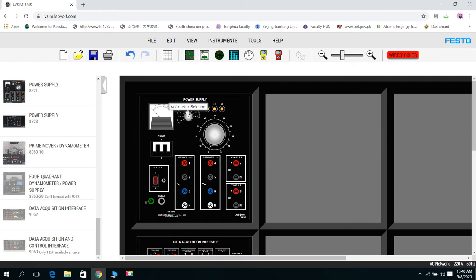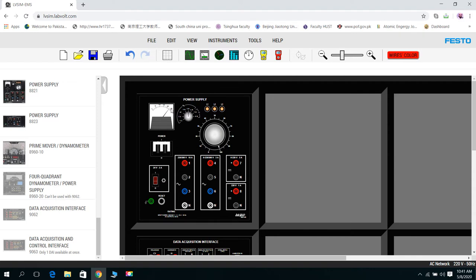Then the voltages available at the 5 and N terminals will be indicated over here, and I am rotating this knob to get some variable output voltage. So I am controlling it from here, and I can control it from here. I have rotated it up to its maximum value. So now I am getting nearly 220 volts or 230 volts.